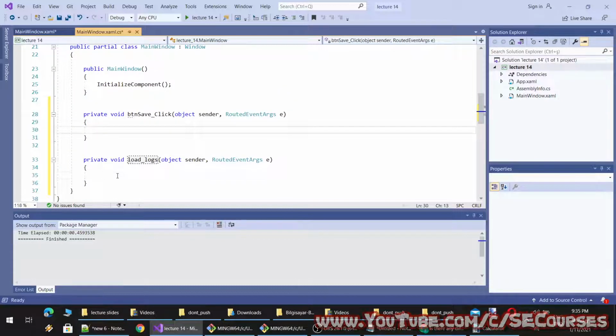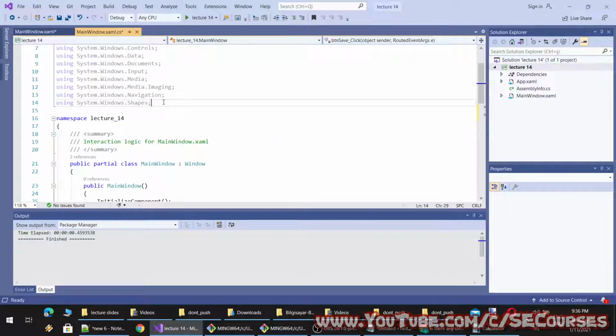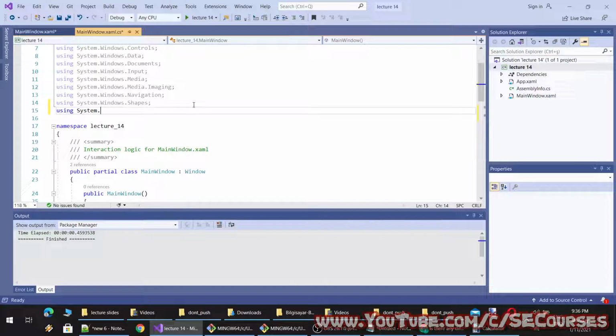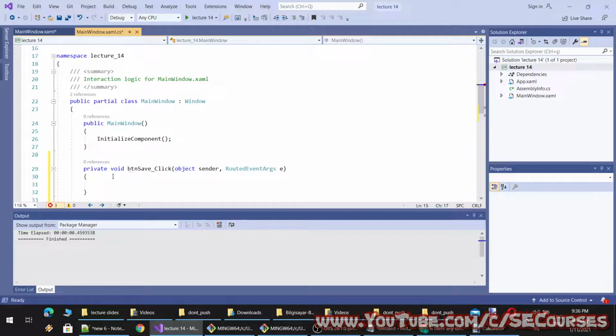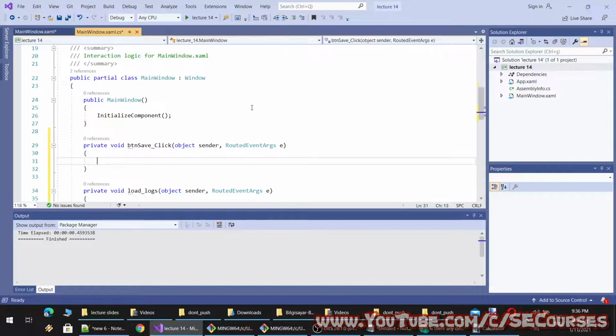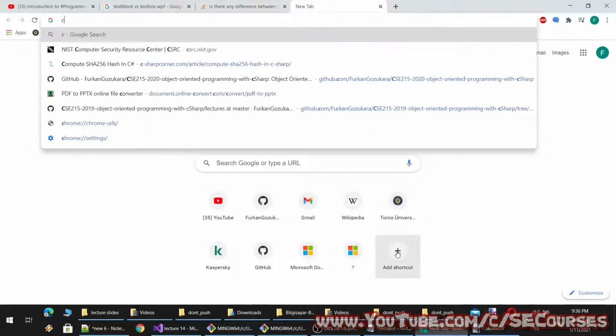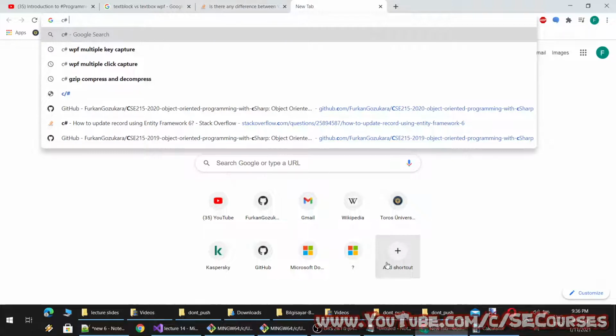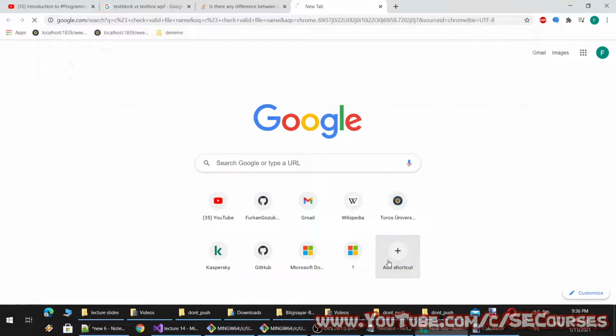Basically, when we click save, it will check whether the username file exists or not, doesn't even need to check, and it can directly save it. To save and load, I'm going to use System.IO. All right, and we need an additional method to check for a valid file name.